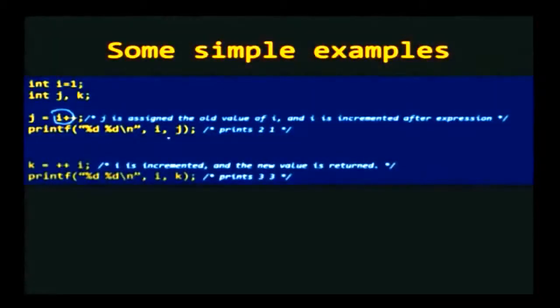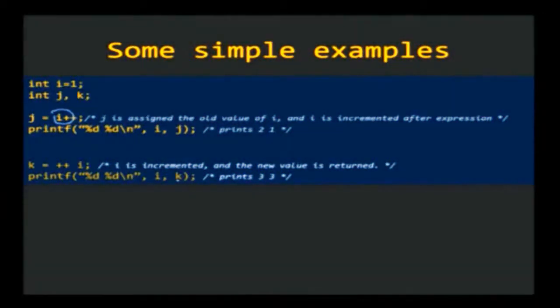Okay. Now, let us look at ++i. So, if you say k = ++i, i is now 2 when it starts, and you pre-increment i. So, you increment i, it becomes 3, and that value is stored in k. So, it is the pre-increment operator. So, the value will be incremented before the assignment takes place. So, when you print i and k, i will be 3 and k will also be 3. So, notice the difference between the first case and the second case, the pre-increment versus the post-increment.